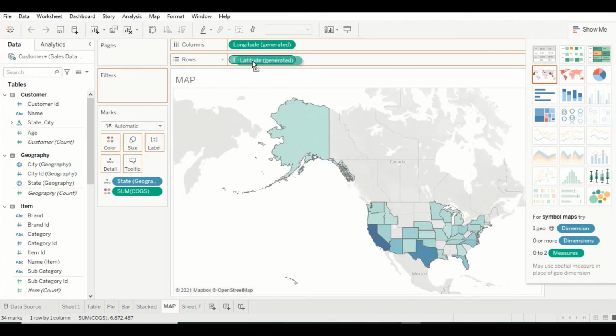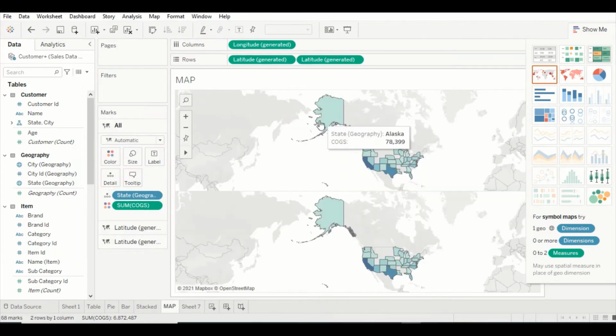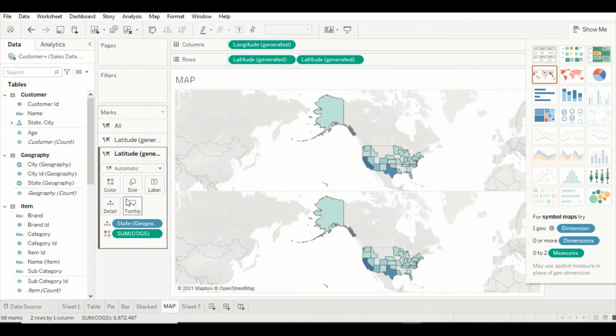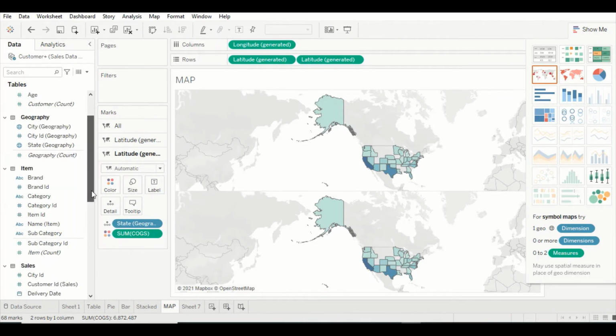So one of the things we'll do is, let's drag this with the control key and do this. So now we have two maps. Now we have one map, and this is the second map. In the second map, let's see, can we repeat the exercise?